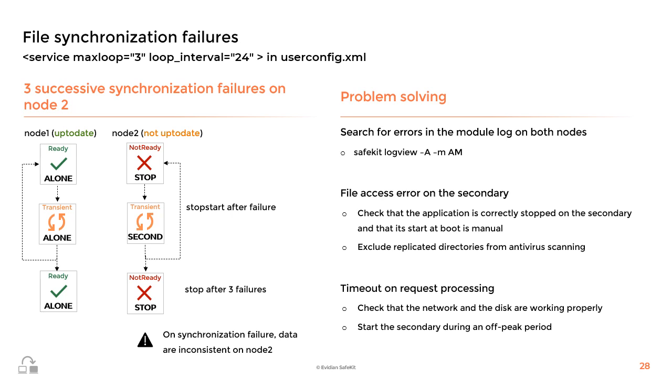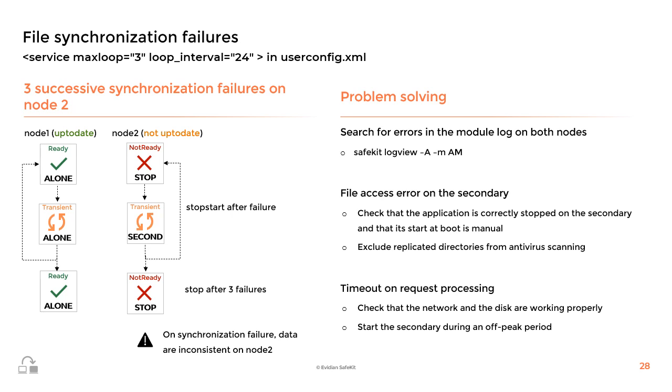Let's now consider a file resynchronization issue with Node 2. Node 2 attempts resynchronization of its files 3 times, the max loop value, before stopping. Each time, the resynchronization fails, and ultimately, the data are not resynchronized on Node 2. As a result, the files remain inconsistent on Node 2 due to partial resynchronization.